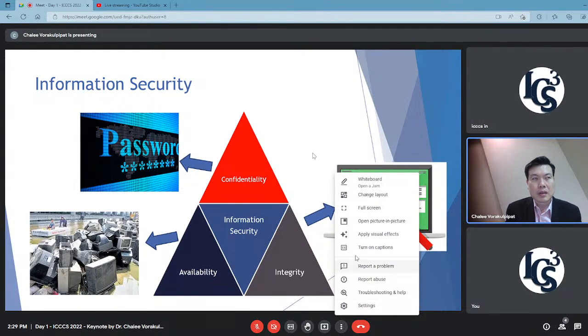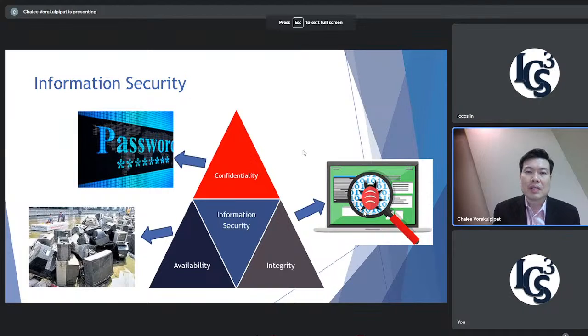Hacker, computer virus, ransomware, or something like that. But actually, there are more and more that we need to consider, which part of security is the most important in our context. Before this, I would like to start with the first one here, as you can see here,